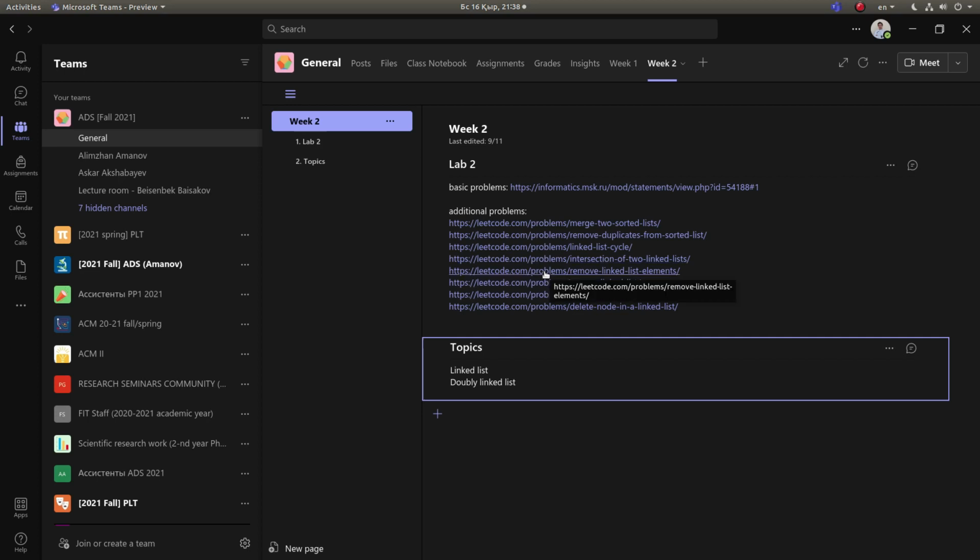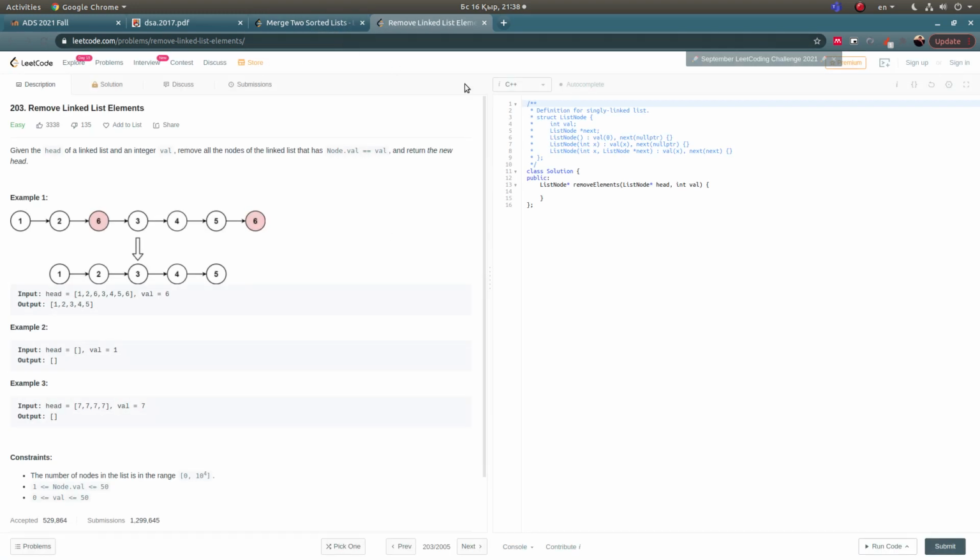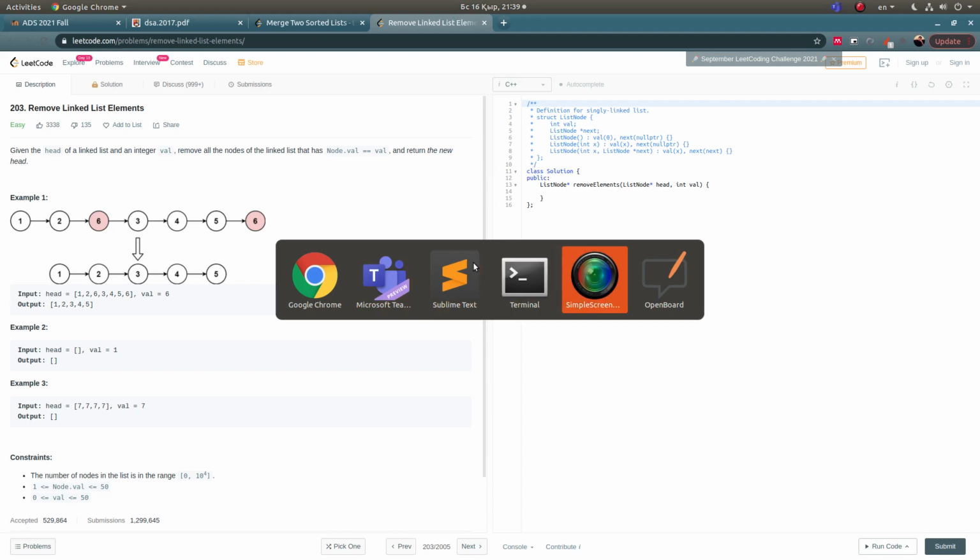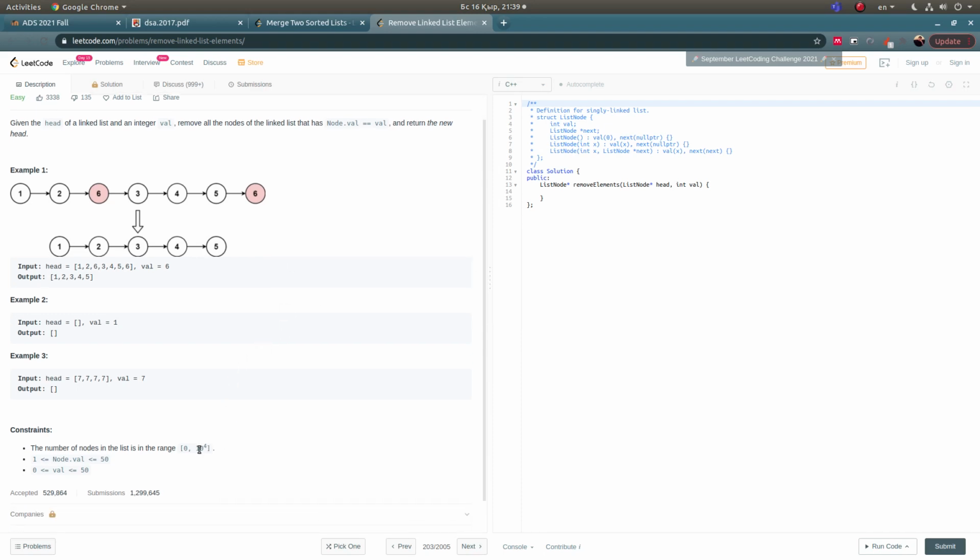What else? Remove linked list elements. This is exactly what I'm asking you to do. You should just delete an arbitrary element of the list. You should remove all the sixes, for example. So this is the multiple delete, and that is actually a tricky one because you should always be able to do that within